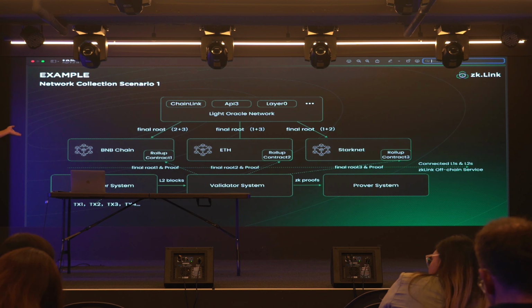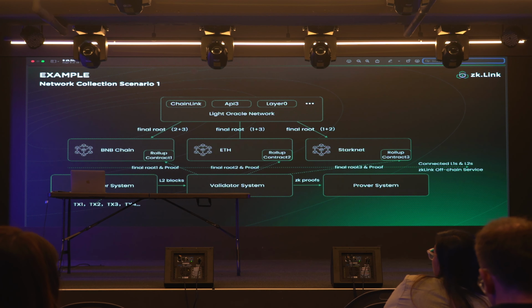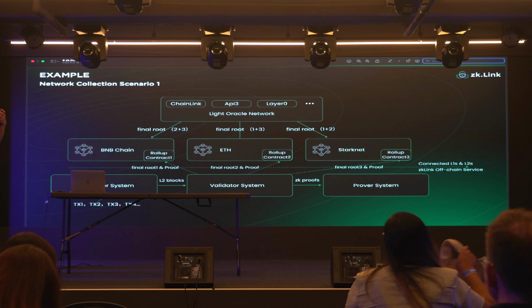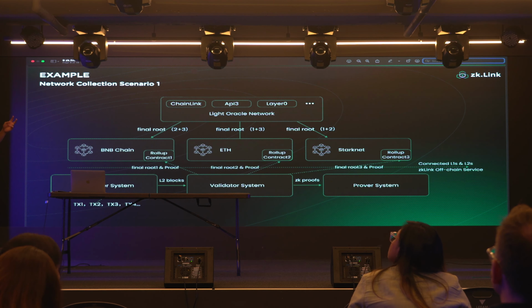Because BNB Chain cannot directly talk to Ethereum, these two contracts do not know whether they're receiving the same state root information. So how do we synchronize the states? It can be done through an external Light Oracle service, which is a generic messaging service that helps pass the final roots among the different chains, and the contract will compare them to judge whether they're receiving the same information. This separation of the two steps ensures that the auction service is not able to cheat the verifier contract by sending false deposit information to drain some liquidity from one chain.